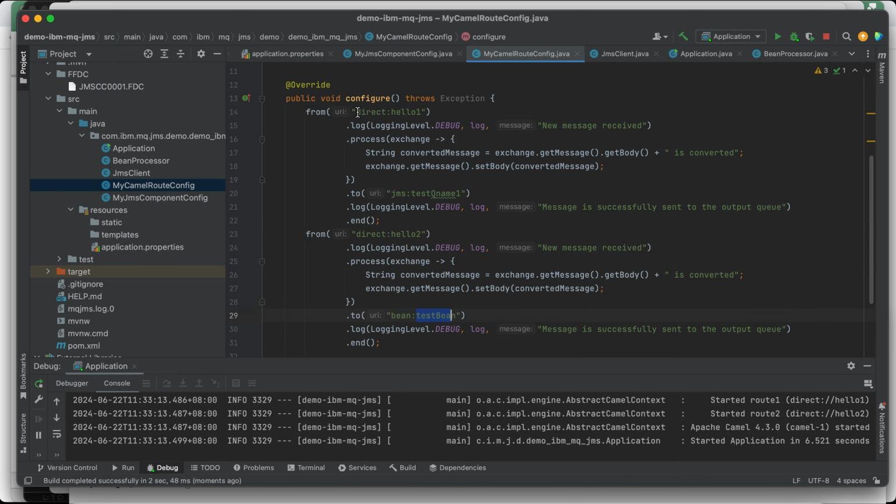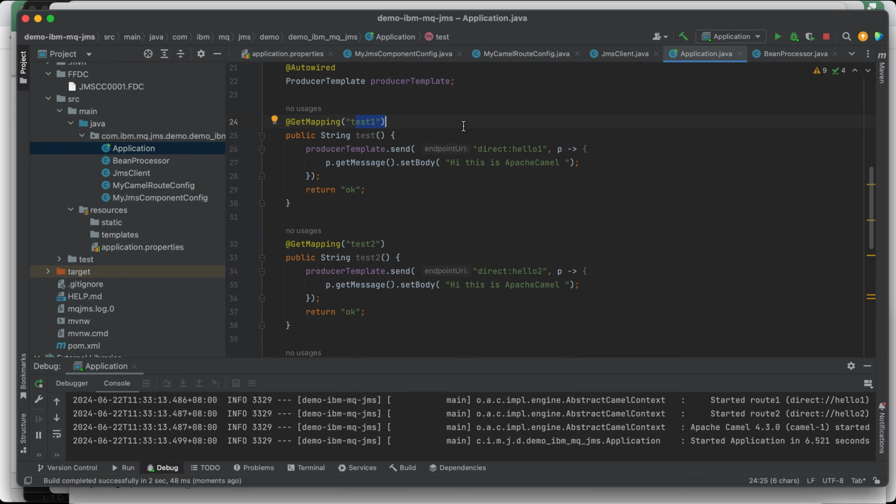The first endpoint is sending to hello1. Second endpoint, hello2, will be sending to our Bean component.